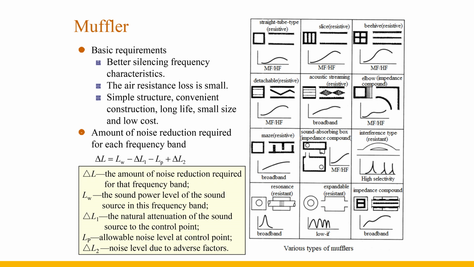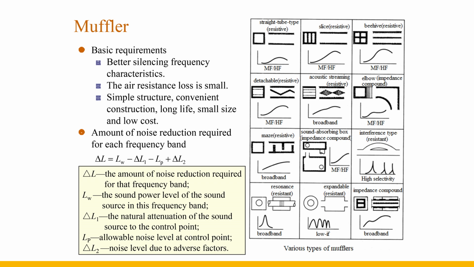The second, select the muffler form according to the required muffler amount for each frequency band. The third, calculate the required length of the muffler. The selection size of the muffler is determined according to the size of the connected pipe and does not need to be calculated. The types of muffler are divided into three types: resistive, resistant, and impedance compound, according to the